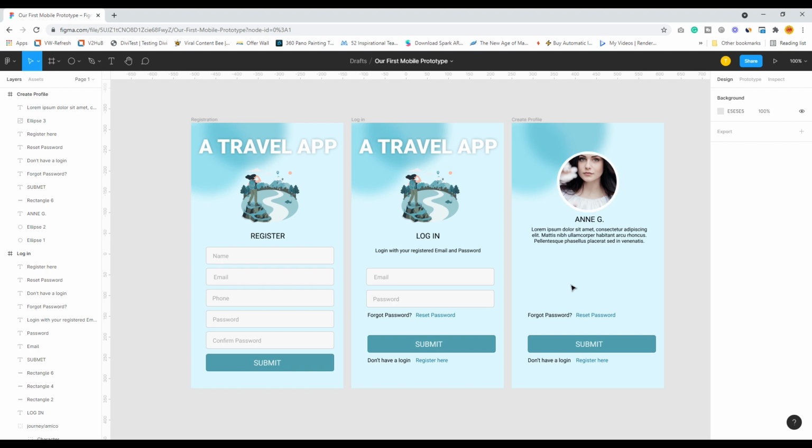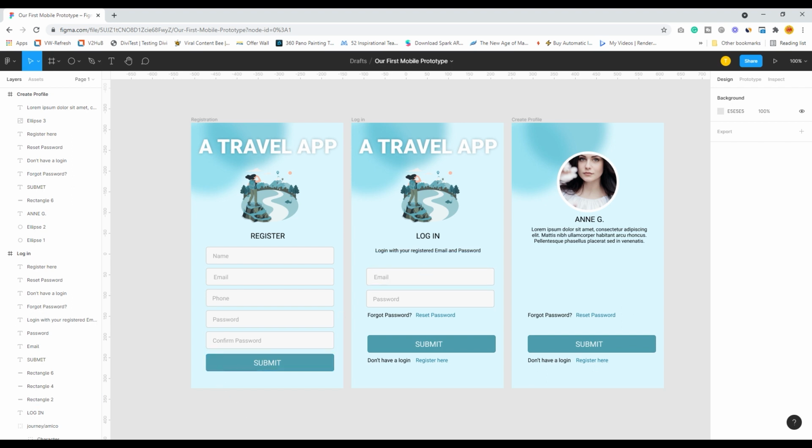What else we require? We can actually have their Facebook, Instagram and LinkedIn and YouTube, all those things we can have over here, so that people can follow Annie on these particular platforms.